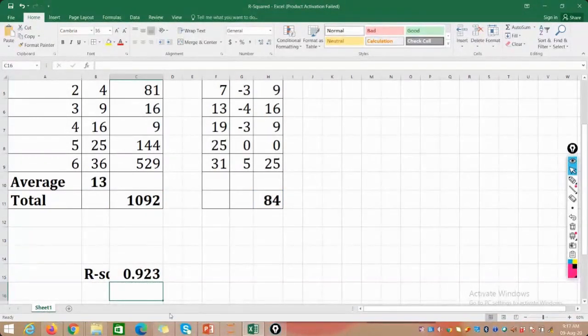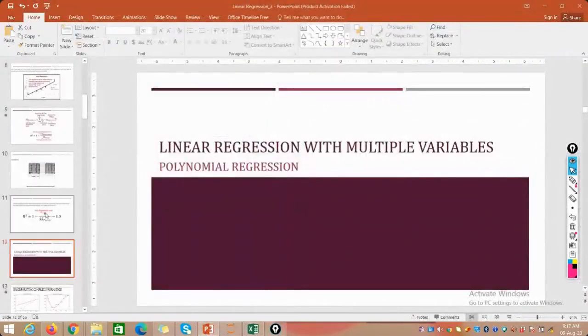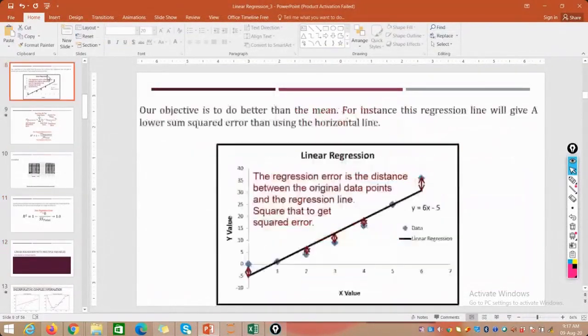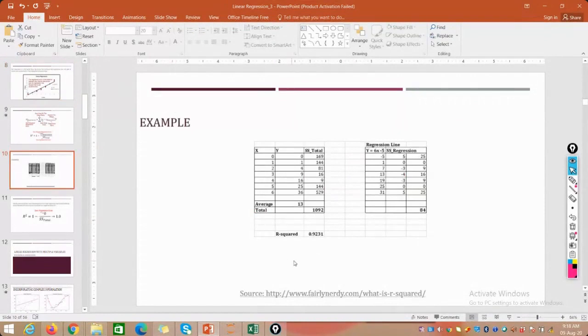So that means the line which we have drawn as a regression line is able to cover the variation which is present in your original data, and that is also visible from here. You can see here we have a very little bit of difference. Here there is no difference. Here also there is very little difference. So your model is able to represent your instances very well, and the same thing is reflected in your r square, which is 0.923.